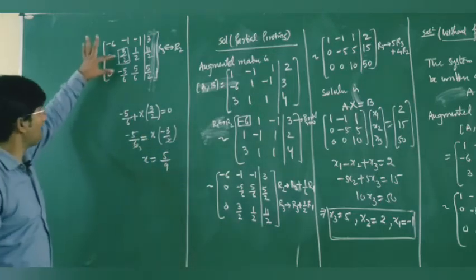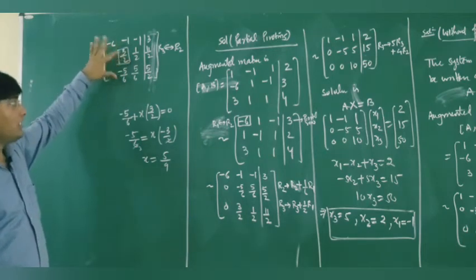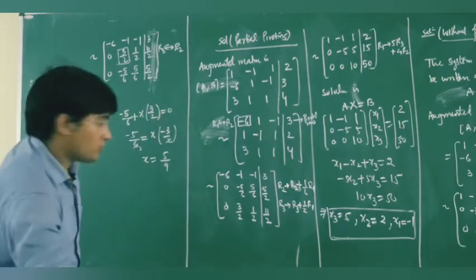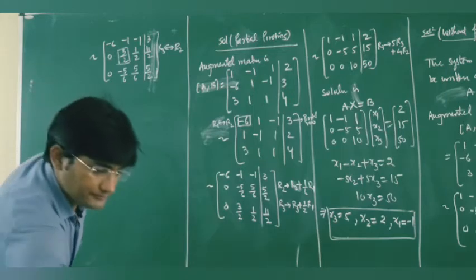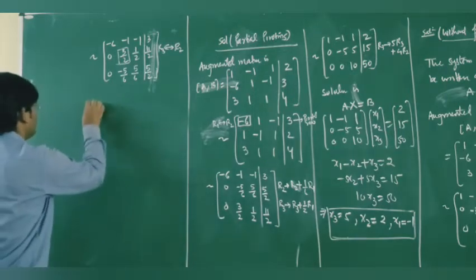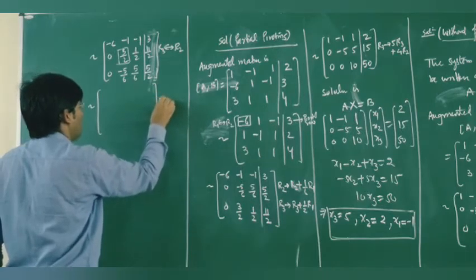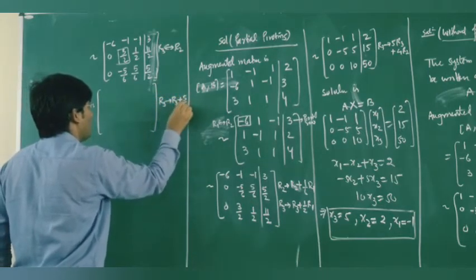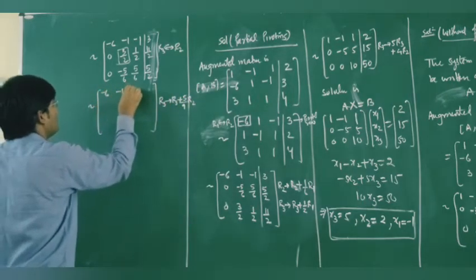Now when we multiply this equation by 5 upon 9, then you can see that this is your 5 upon 6. And then we will add this R3 in R2. So now using the operation R3 plus 5 by 9 of R2, we will get,